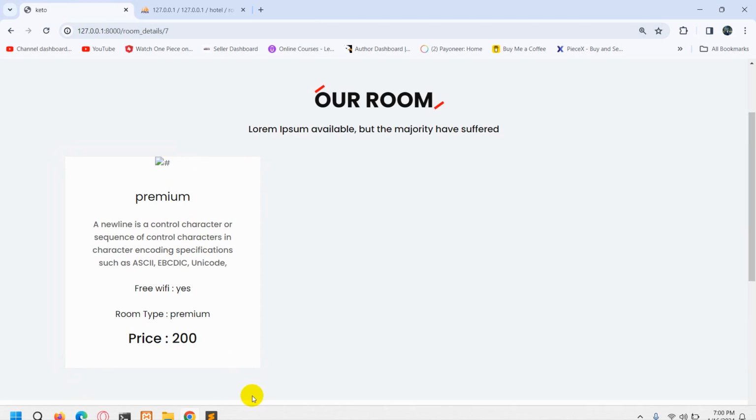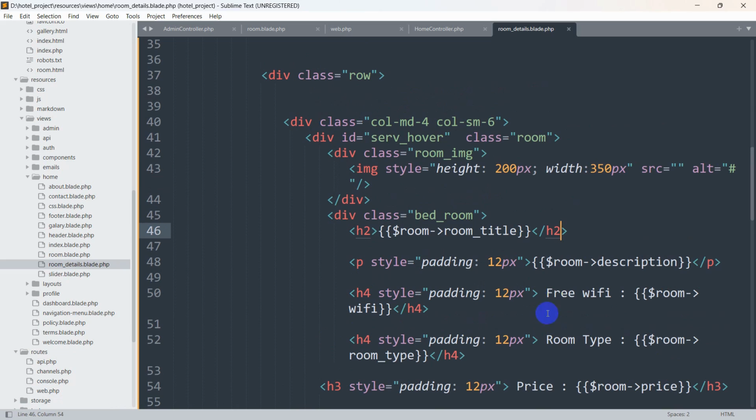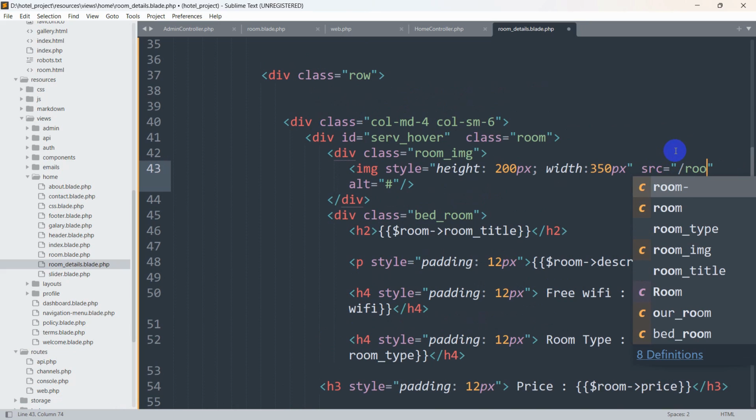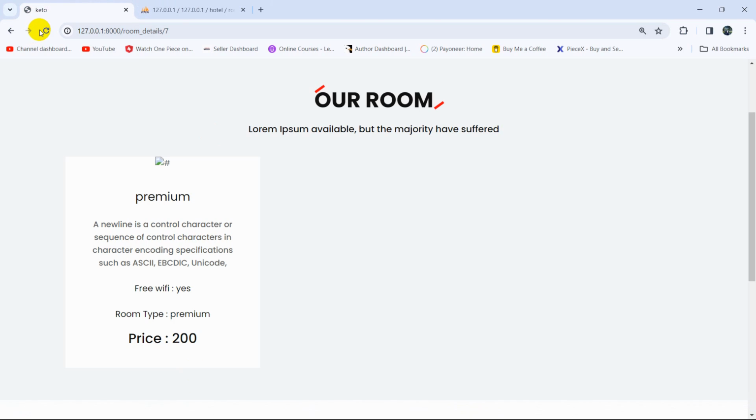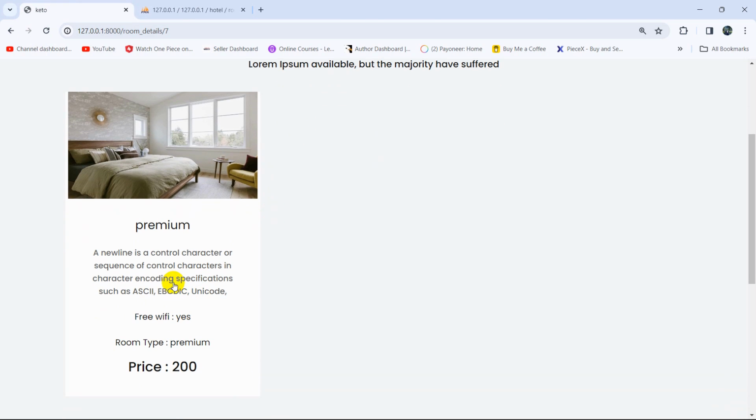So let's also show the image. So let's go back, and here just like before, we need to mention the folder where we store our image, but before it we need to give a slash over here. You must give a slash over here, okay, at the room details. So after it, we'll give two curly brackets like this, then we can say here $room, this arrow sign, image, save it, then let's just refresh here, and there you can see the room details,